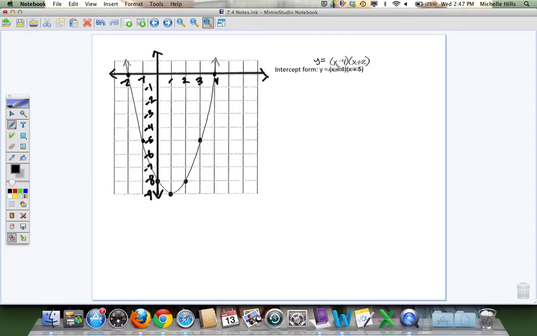So if x minus 4 equals 0, I would add 4 to both sides to get x equals +4, which is why it crosses the x-axis at +4. If x plus 2 equals 0, I would subtract 2 from both sides to get x equals -2, which is why I can see it crosses the x-axis at -2. So I also know if I multiplied these two together, I would take the x times the x to get x squared. There's a +1 out here, so the coefficient of x would be a +1. So it opens up, and again, I'm saying what I could tell from the equation, not what I know by looking at the graph. So it opens up,